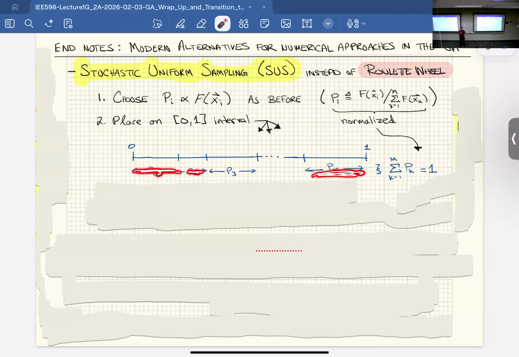Individual M has maybe really high fitness, so it takes up the most space, and so on. So you've got those all stacked up. So all these things add up to 1. So in